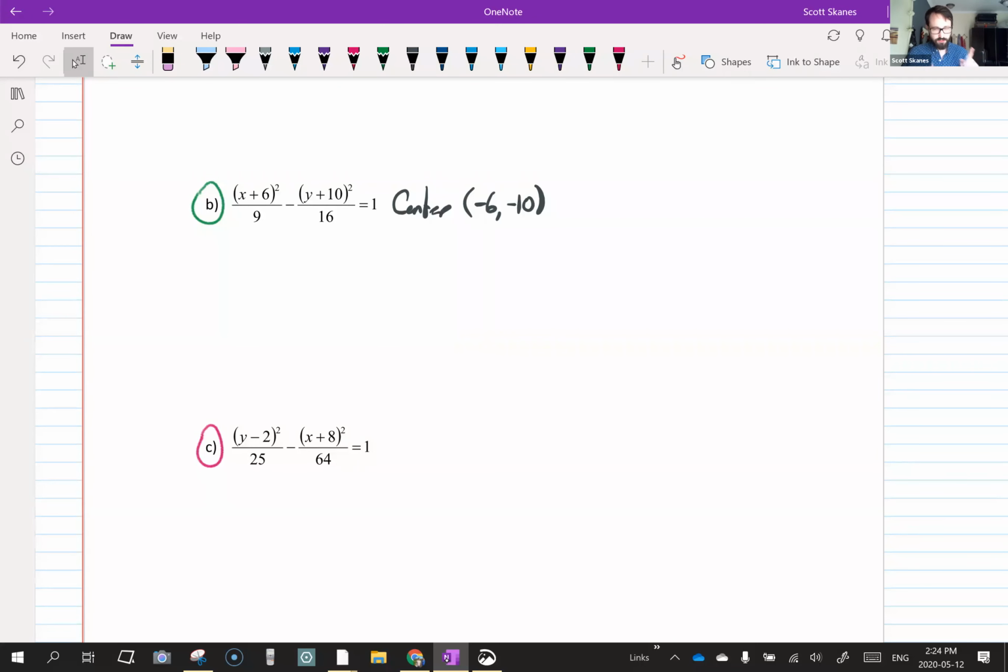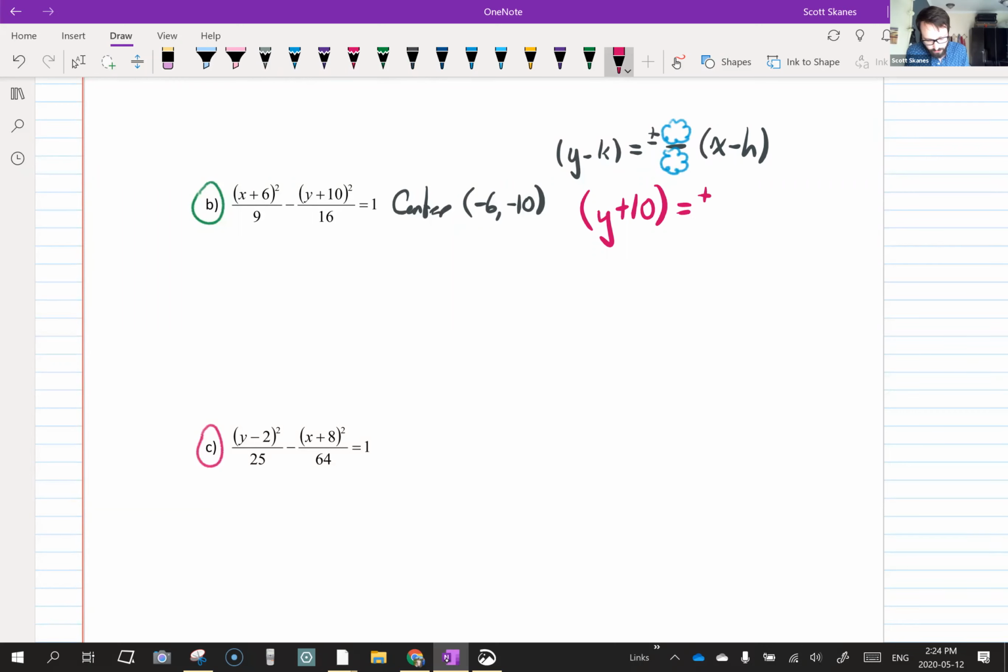The asymptotes, just watch, okay? Trust me. The formula for the asymptotes, I'm just going to write down here. It's always this, plus or minus something over something. And the something that I'm talking about depends on which one's y related and which one's x related. So let me write it out. Asymptotes: y minus k. I can steal this, so it's y plus 10 equals plus or minus. I'm going to leave it for a second. I'm going to steal this one, x plus 6. And then which number over here